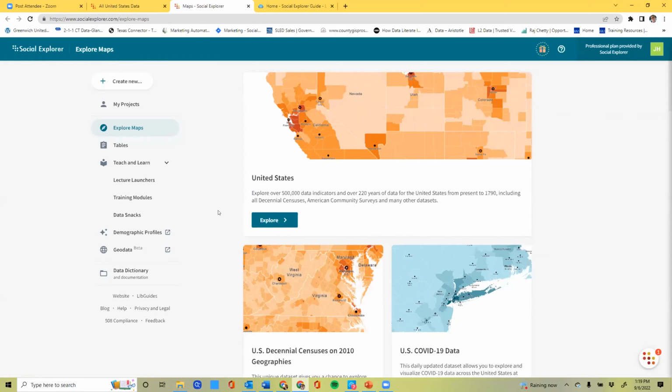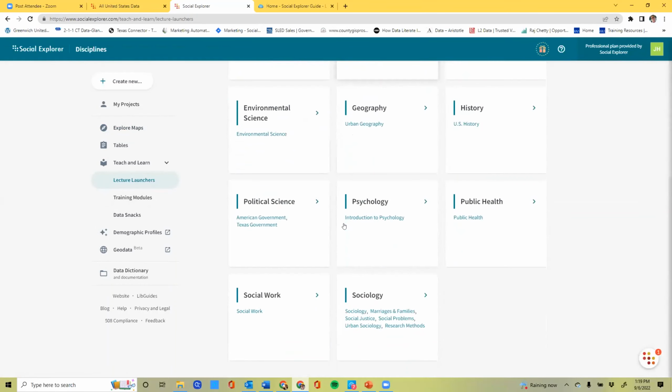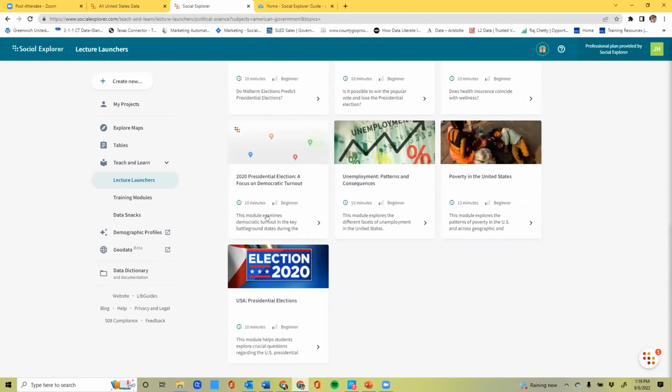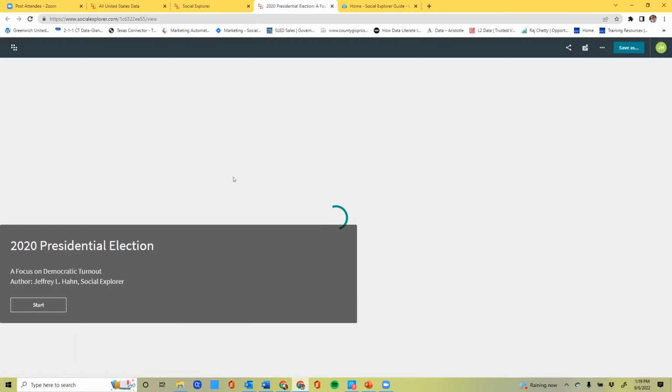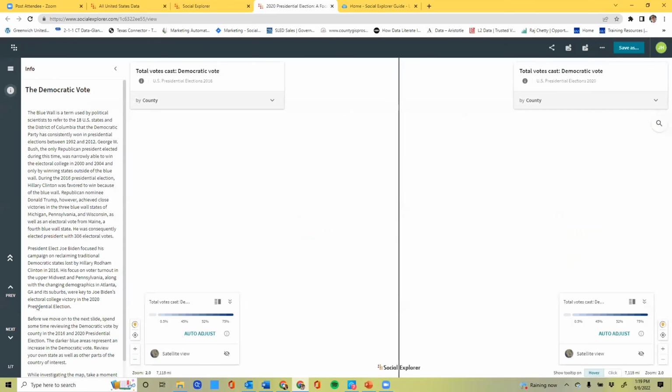So if I go to lecture launchers and I go to political science, American government, here's an activity that we built using Social Explorer. And these are the types of activities that students can build. This one looks at the 2020 presidential election and a focus on Democratic turnout. So if I start this activity,